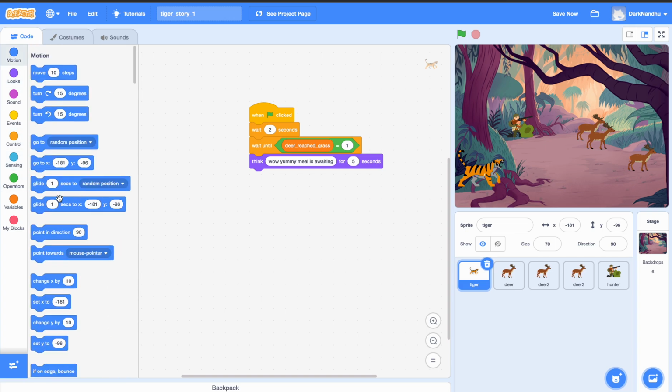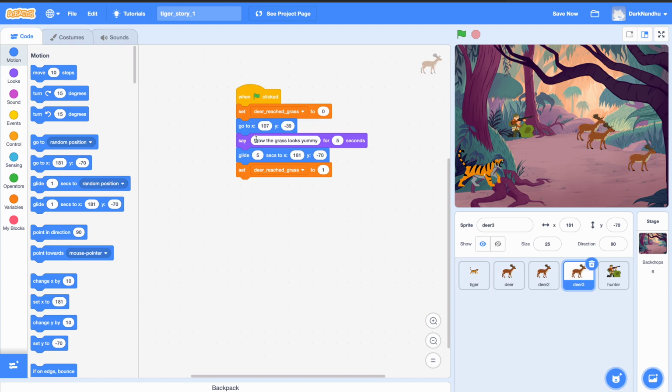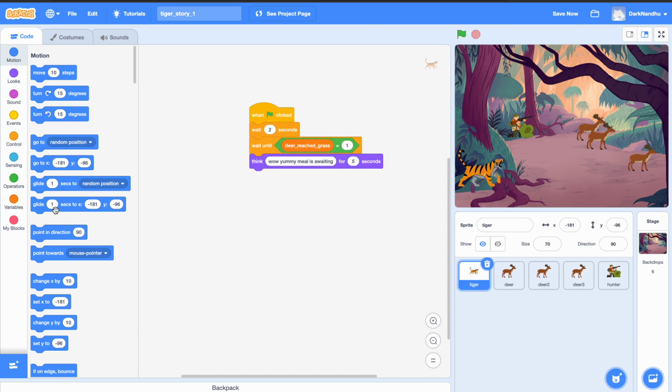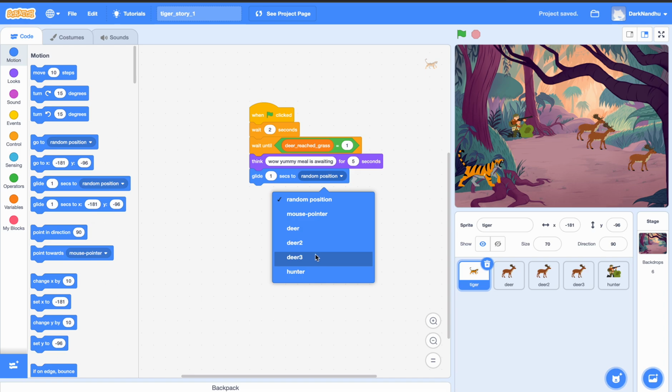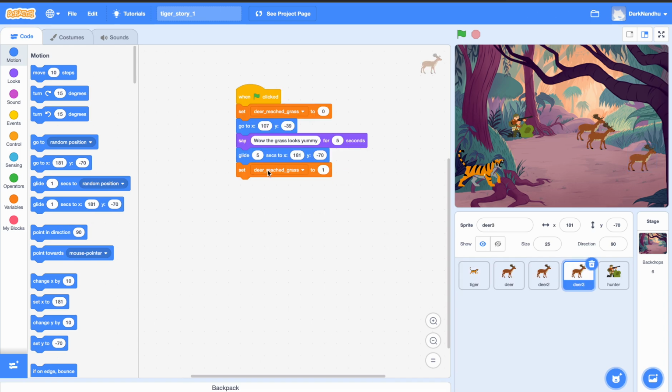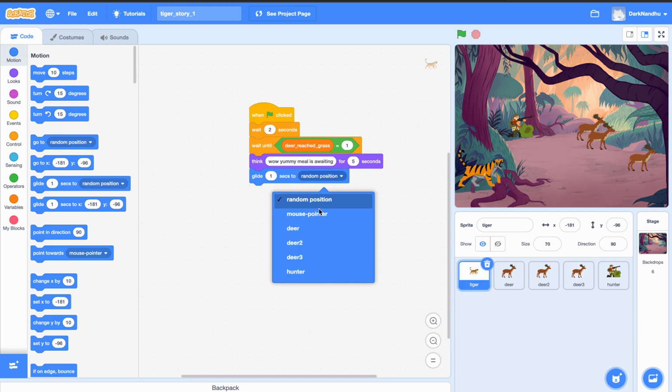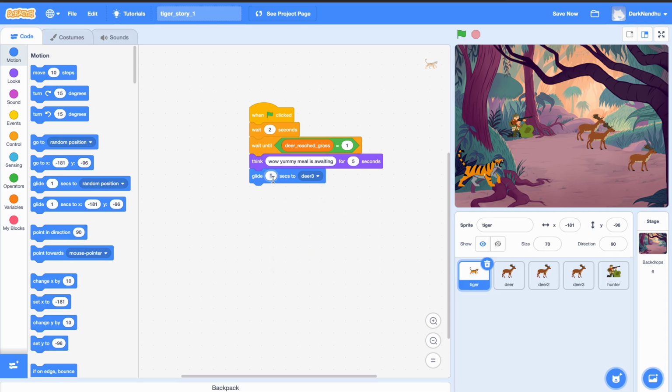So if you notice, in the previous deer sprite we used glide to x and y. Here we can simply use glide to x and y and manually enter the deer's position, or else we can simply drag and drop the glide block, and here we can choose which deer we want to target. Deer 3. So we can set it to deer 3, and the tiger is going to take 5 seconds to reach deer 3. Once the tiger reaches deer 3, it means the tiger has